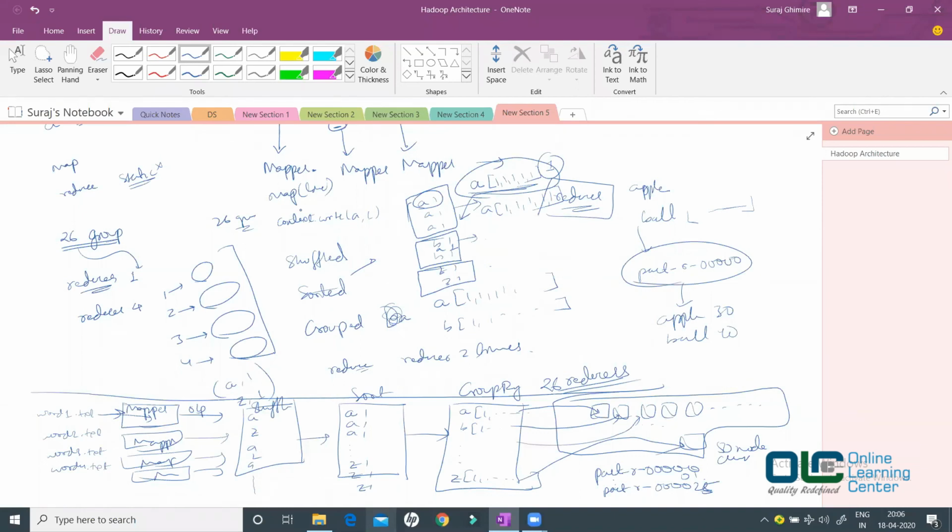Okay, so we will see in the practical class what you can configure and what you cannot configure, because I really don't want to talk theoretically. That will make no sense, will confuse you, and will not help you understand in any way. So let us wait till we execute a program, and then you can ask me all the questions. What can be the configurable things? What is the maximum value I can put? What is the minimum value I can put? Can I put my reducer to 0? And so on.